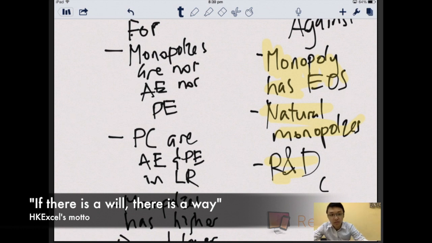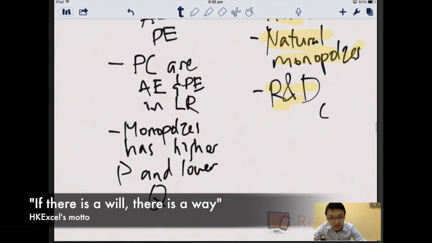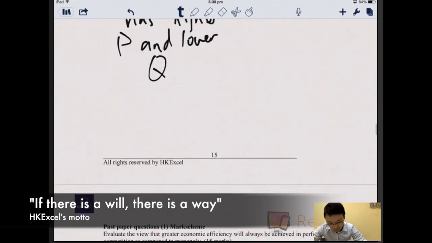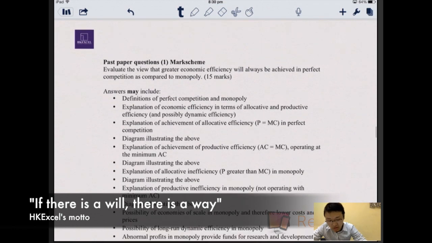Okay, so as you can see, this type of essay structure is very easy to follow, right? So you always look at three things for comparing market structures: allocative efficiency and productive efficiency, price and quantity, and lastly, other points. Okay, so let's look at the marking scheme, and you'll see how effective this approach really is. So as you could see here in the marking scheme,